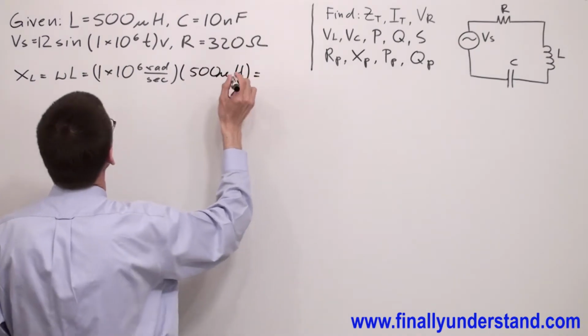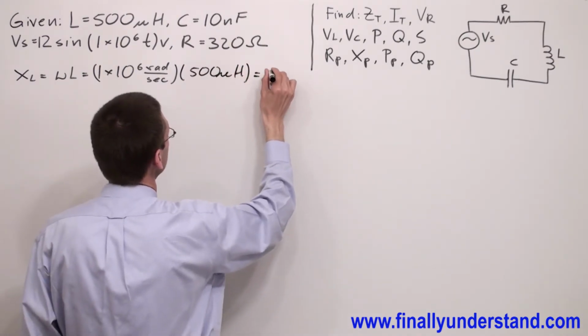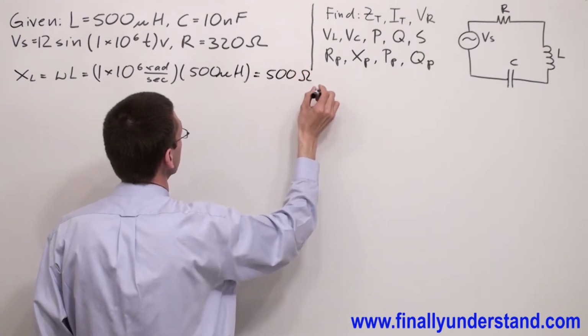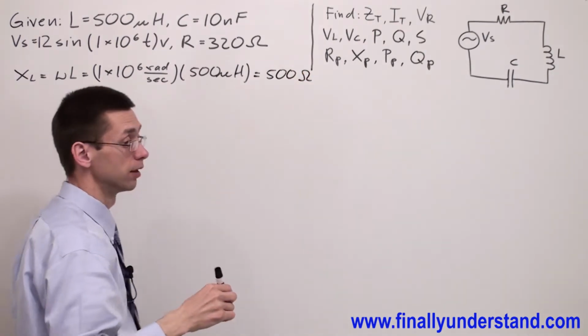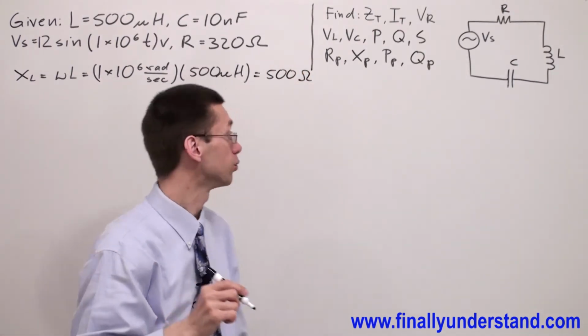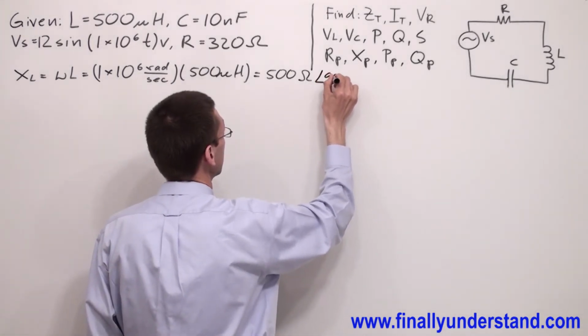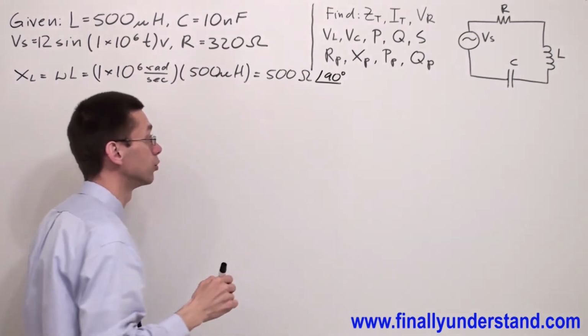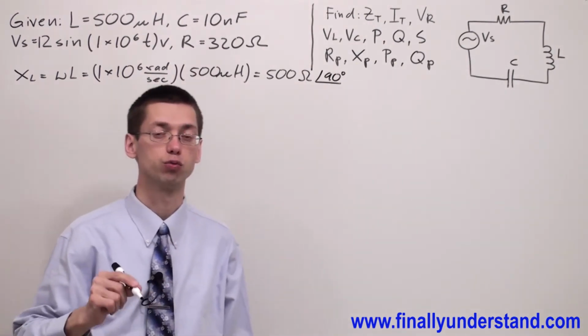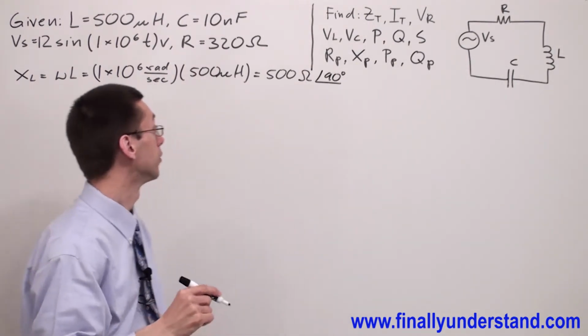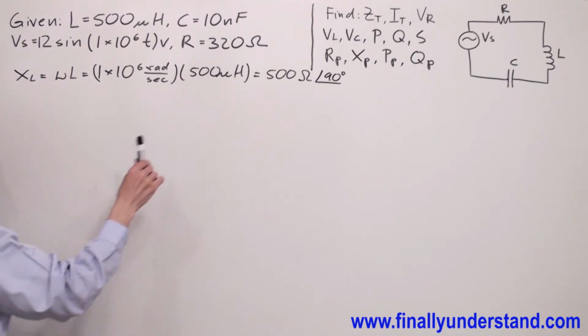This is equal to 500 ohms, and don't forget that inductive reactance has to be written with the angle of 90 degrees. If you prefer to use rectangular form, you're supposed to write j 500 ohms,